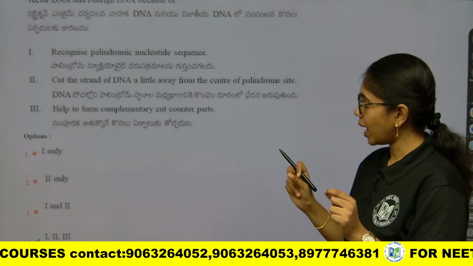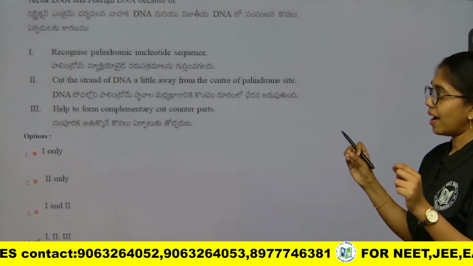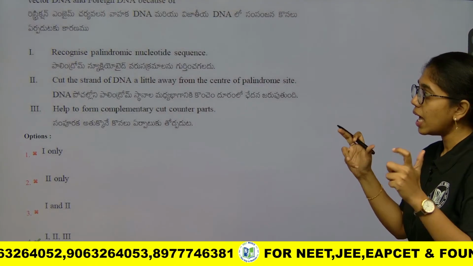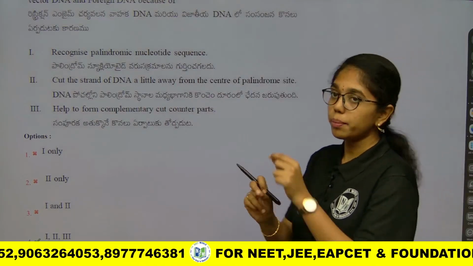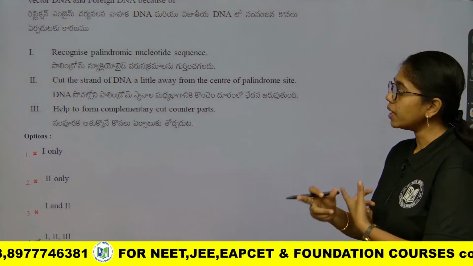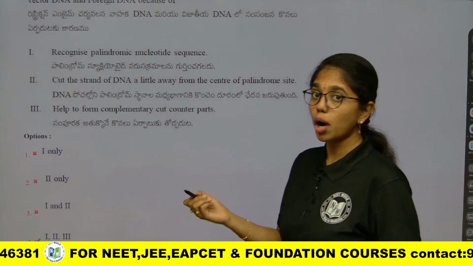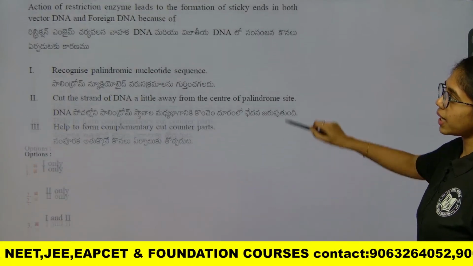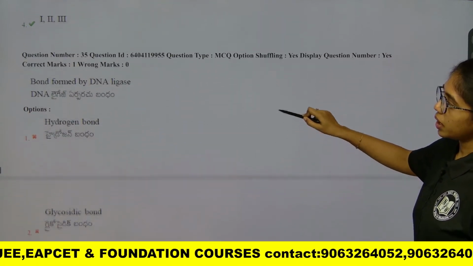Cut the strands of DNA a little away from the center of the palindromic sequence. Yes, the cut is a little away, and this helps to form complementary cut counterparts. So all these three statements are correct. Next you observe